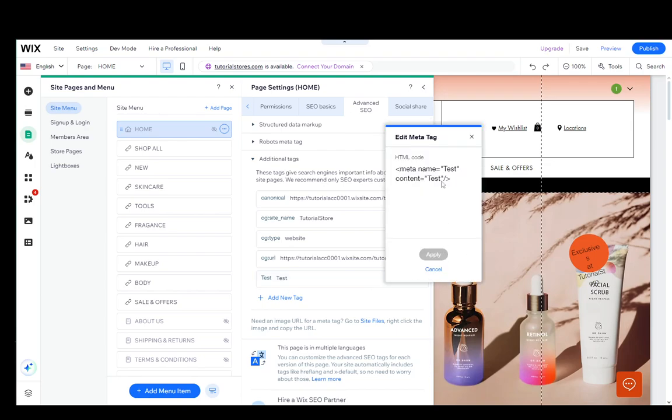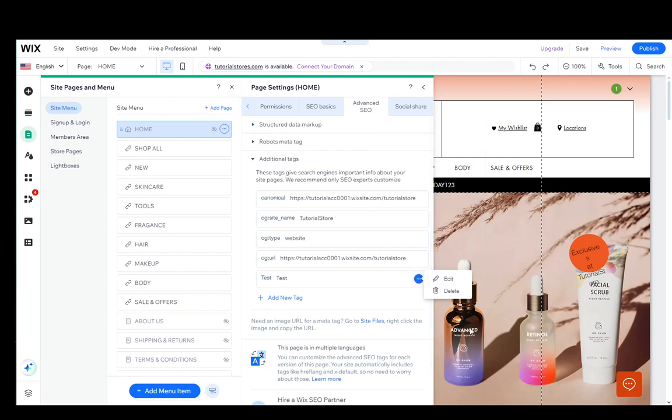You can apply any changes if you want, like so. You can just do this, edit it, and then just click apply if you've changed it like that, and you can edit it like that very easily. You can also click on the three dots and click delete if you want to remove any, and yeah, that's